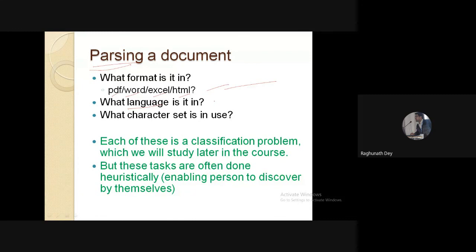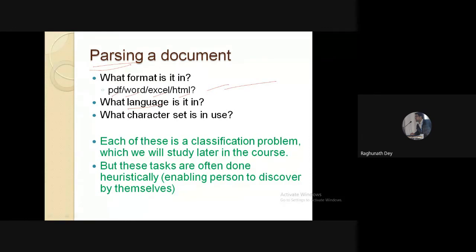That particular document is based on which particular language? I'll tell how this language will affect the indexing system. Based upon the language, the building of the indexing system will be different. We'll discuss. So we need to find out what kind of language is being used in the particular document.